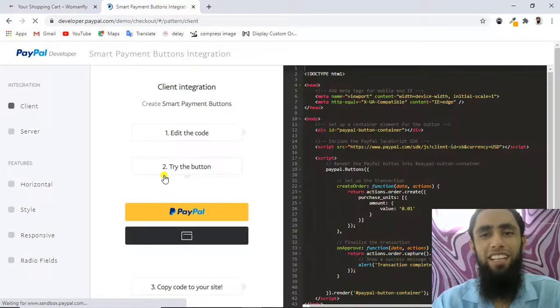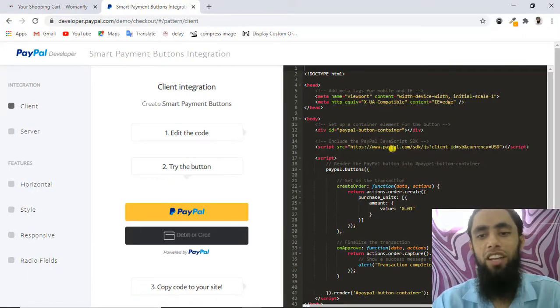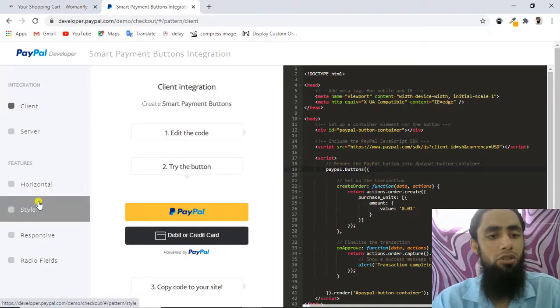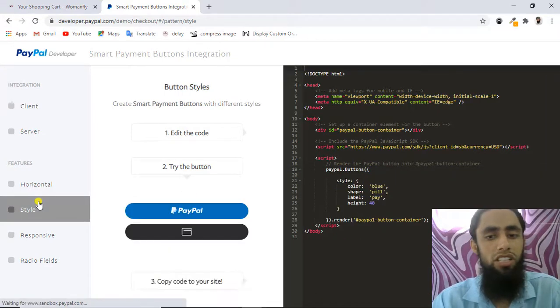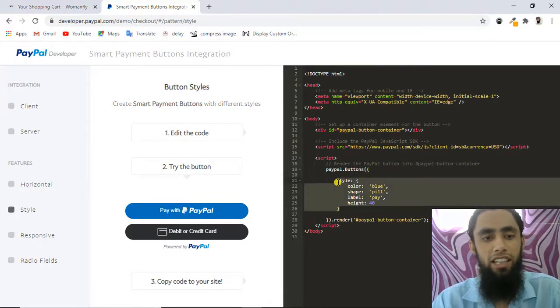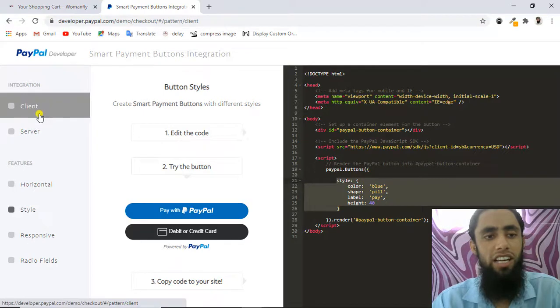You will be getting this specific screen. Here on the right side you will be getting the code, and on the left side you will be getting the preview of that code. So let's start with the style. I have already added it, and we will be getting all the code over here. We only need to do some customization, right? If we are interested in customization, you need to go to the style, and I'm going to copy this style from here and paste it onto the client side.